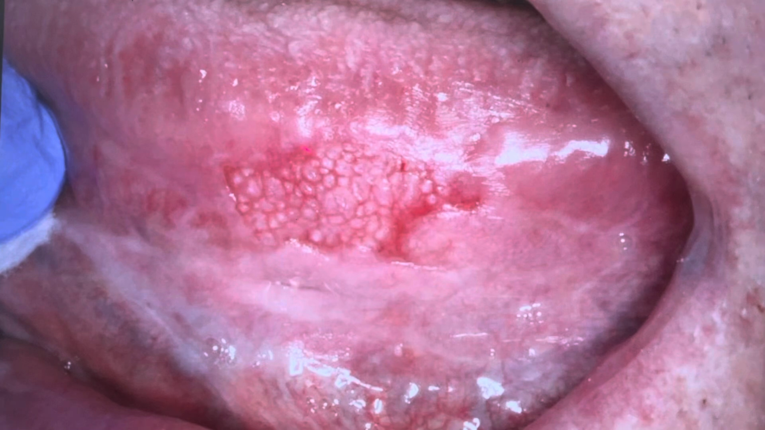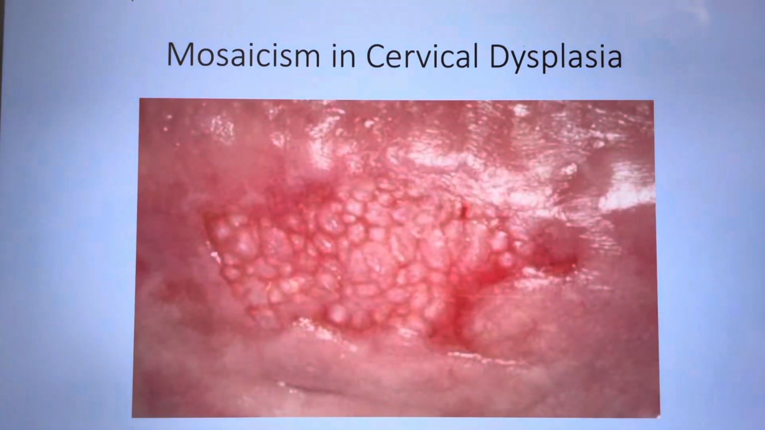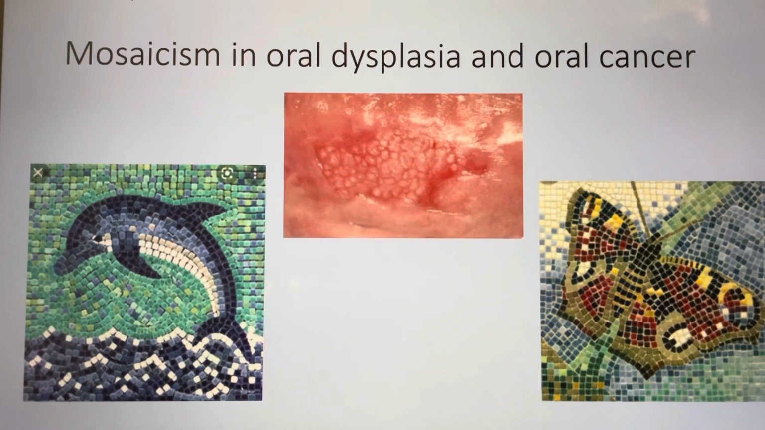When you look at this lesion, you see a mixture of red and white, and you see a pattern that we call mosaic pattern. In the GYN field, when they check female patients for cervical cancer, when they see this pattern, they always call it dysplasia. So the same thing we see in the oral cavity. This is called, as I said, mosaicism or mosaic pattern, and I put these pictures here so you can imagine